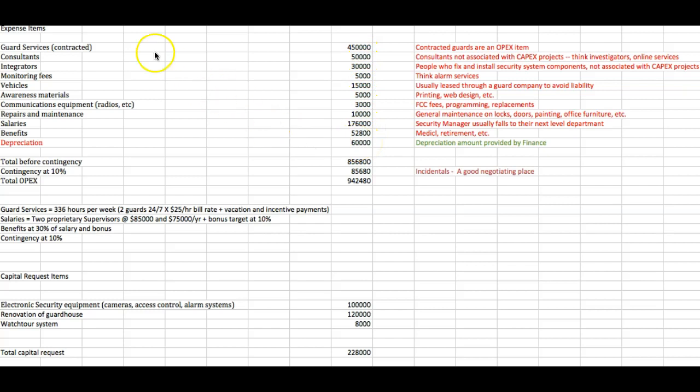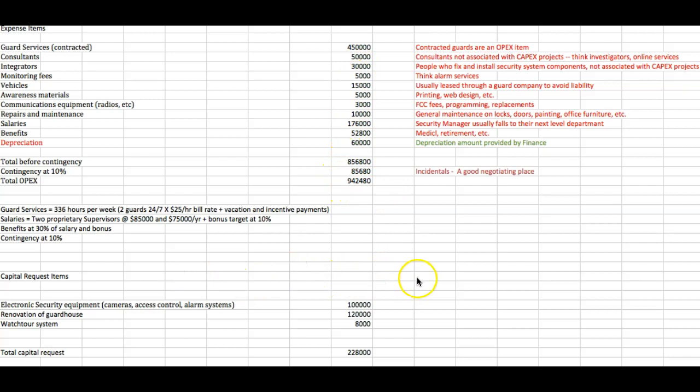So if you take the lesson from that, the more line items you have, the more you're able to justify what you need, the bigger this number will be, or the more flexibility you have. If I only had 2 line items here, I better get both of them right. Whereas here I have some money, awareness materials, $5,000. Well, if I overspend on integrators, I guess I'm not buying awareness materials. I'm not buying company coffee cups that say security is everybody's business and handing them out to people, right? Not going to do it. I'm not going to redesign my department website like I planned on. They're going to go with the old website because I needed the money, but I have it. Managing to the bottom line. That's the number you would manage to.